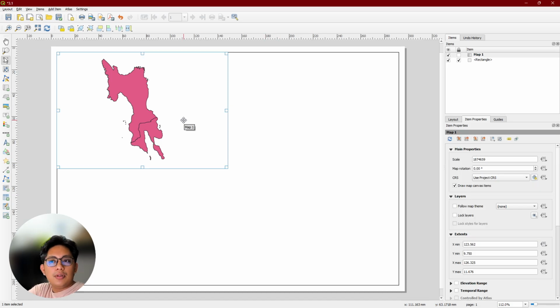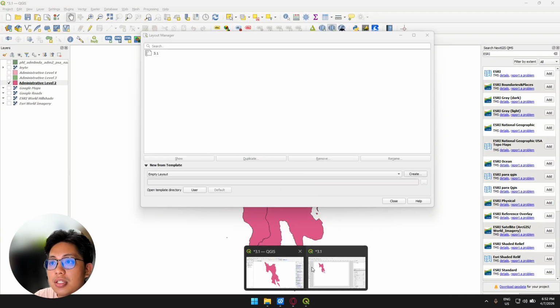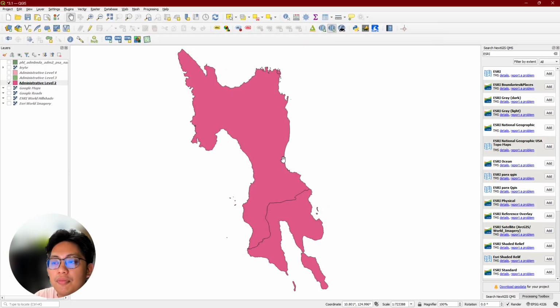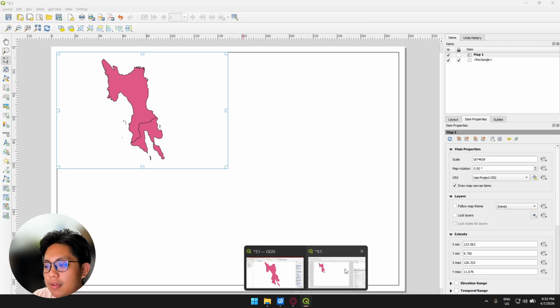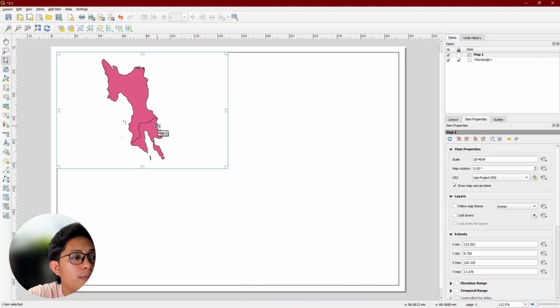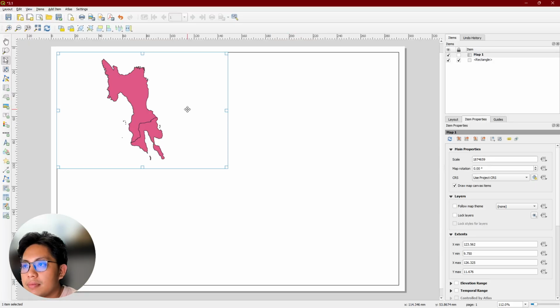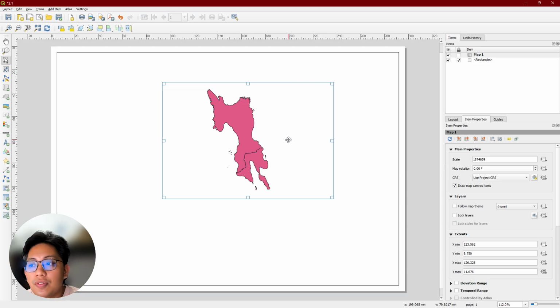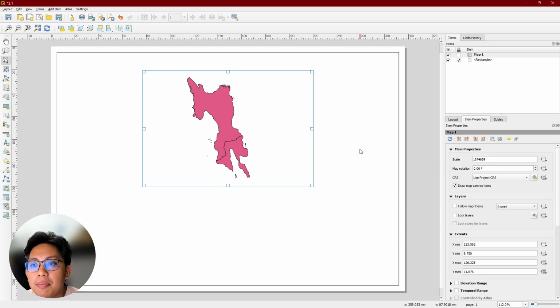So as you can notice, it automatically showed what's on your QGIS view. Kung unsay naa diri sa imong QGIS. So don't close this one. Just keep it minimized. Automatic siya ang maoy igawas sa imong viewport. It's automatic. So as you click your image, you can move that viewport anywhere in the map as long as ang nakaselect ka kani select or move item.